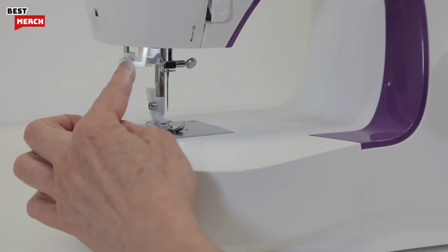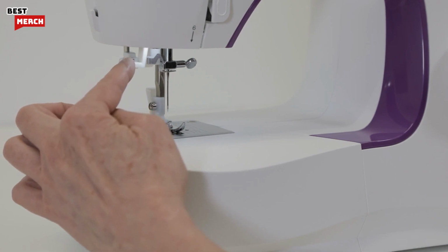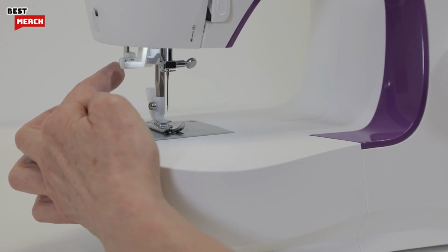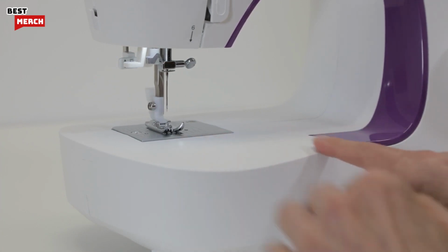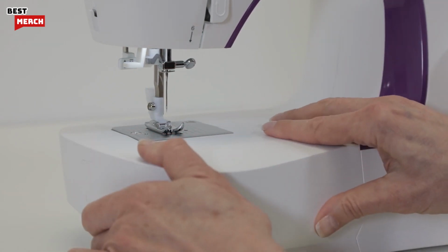This is your needle threading lever, and we'll use that later when we thread the machine. It helps you thread the eye of the needle. And back here is your buttonhole lever, and we'll use that when we get ready to make a buttonhole. This is the removable storage compartment, and it gives you a flat sewing surface in front of the needle, but you can slide it off,